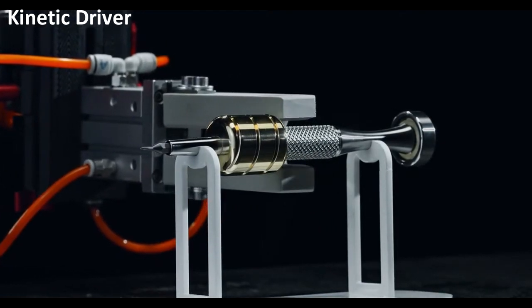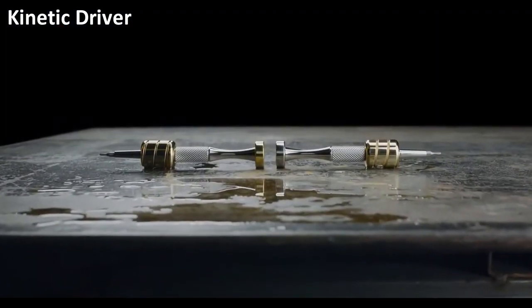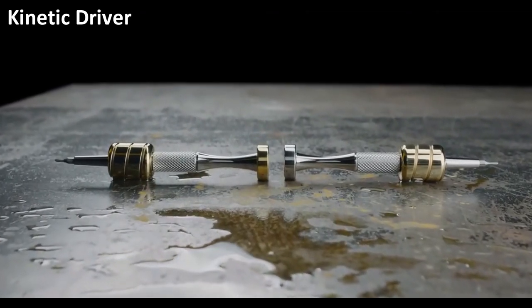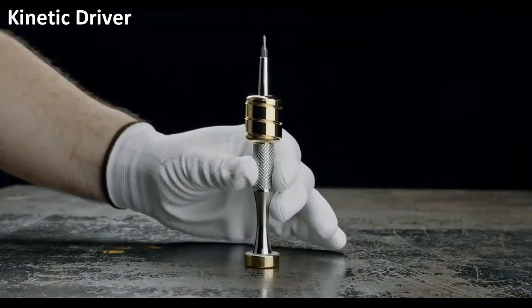But if you want a tool that eliminates the gap between your hands and your next creation, a tool that feels like an extension of your skin, well, in that case,